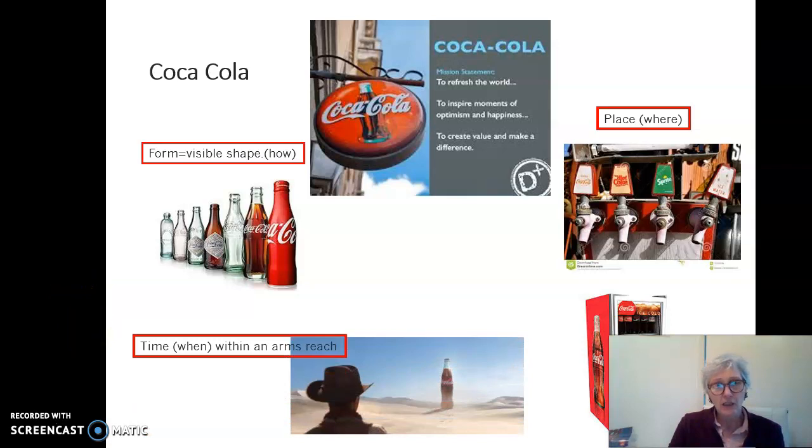And of course time. Coca-Cola once defined its mission as to be within an arm's reach. Now, as you can see here, a desert, and you really want a Coke.